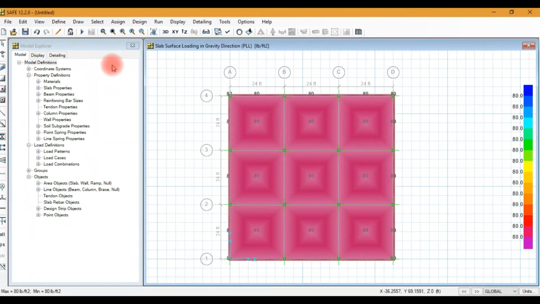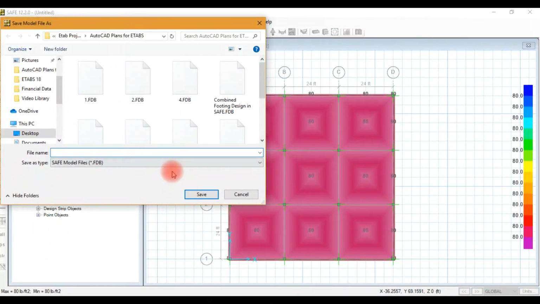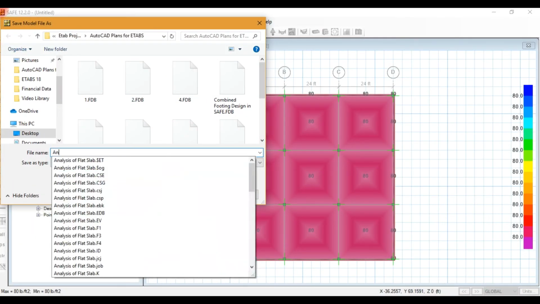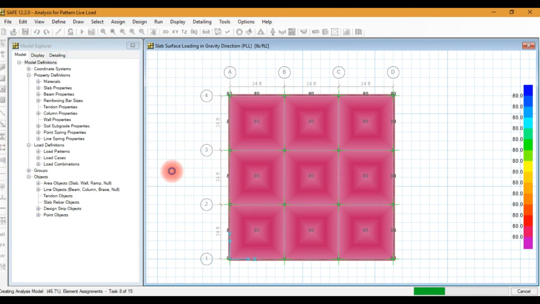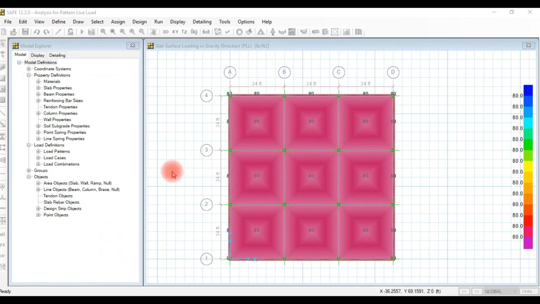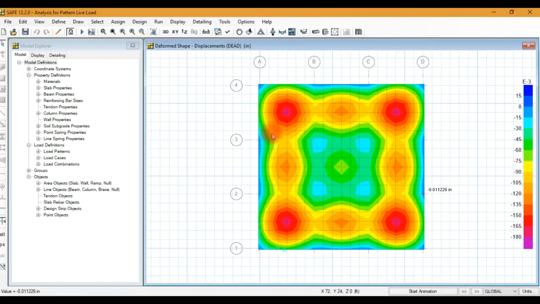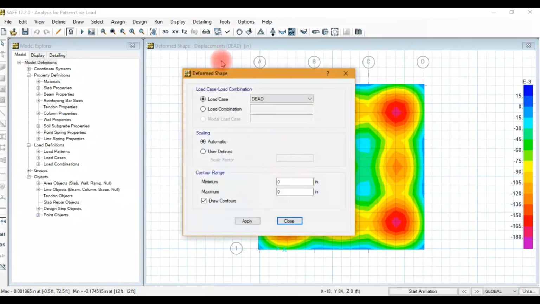Okay, now we will run the analysis. So we have a deformed shape for this case.